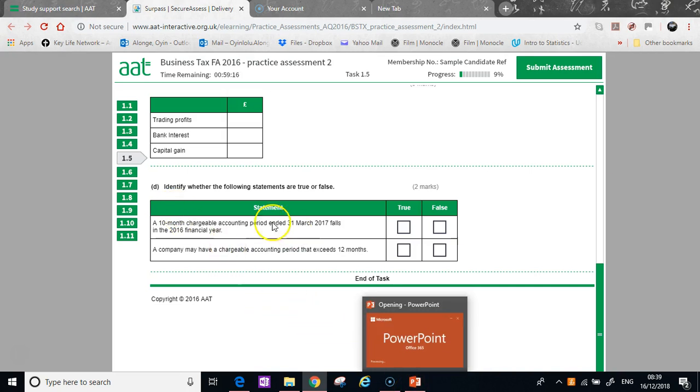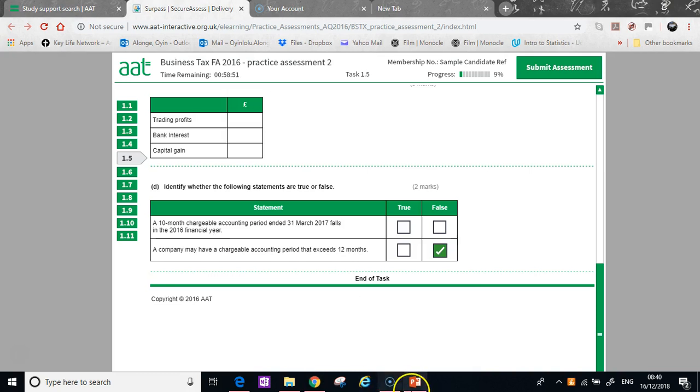Right, while that's loading, let's look at these very quickly. Here we have: a company may have a chargeable accounting period that exceeds 12 months. No, that's always going to be false. You can never have that. And: a 10-month chargeable accounting period falls in the 2016 financial year. Now remember, the financial year for companies runs from the 1st of April to the 31st of March. So FA 2016 will be